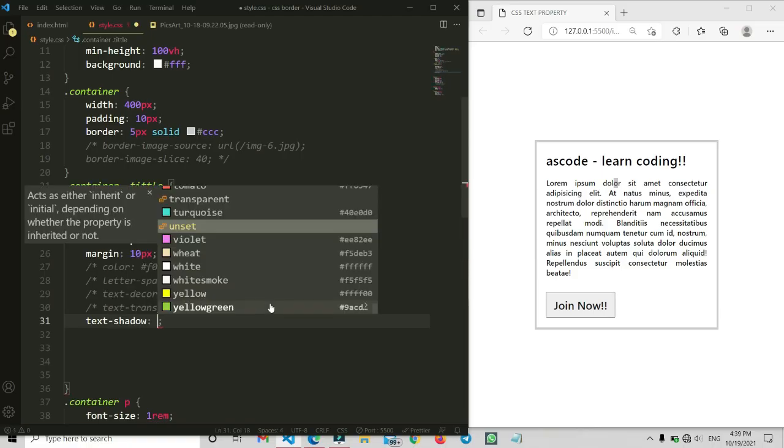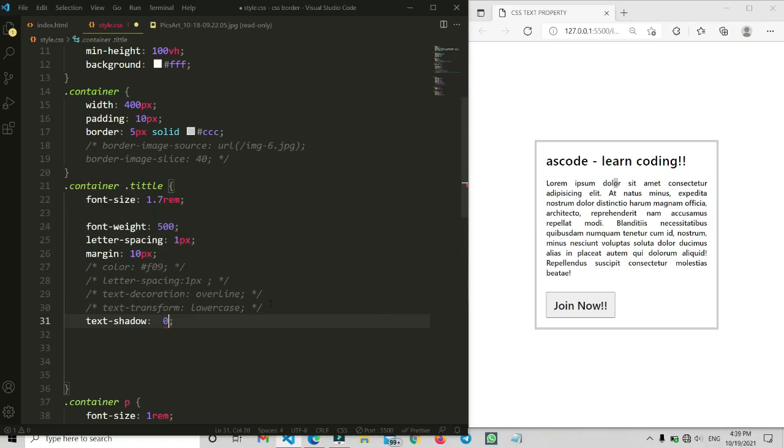The x-axis direction I'm going to make 0, the y direction 0, and the blur I'm going to make 10 pixels. The last value you can make 0, but it is not important mostly and does not affect anything here.